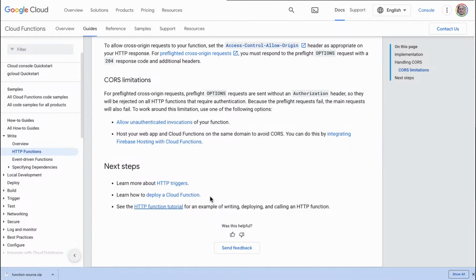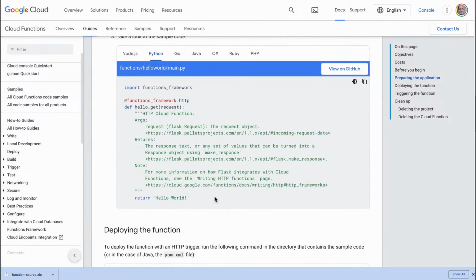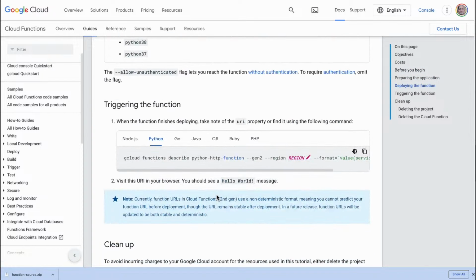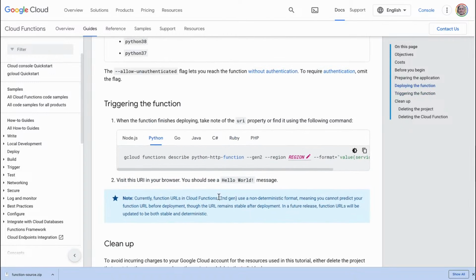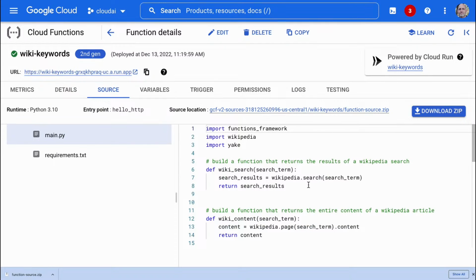Next steps. Here's a tutorial, and deploying. You can deploy it there. Triggering the function. So you can also trigger it with Gen 2 here, and you can format it. So yeah, I guess there's a bunch of different things we could do to debug this.